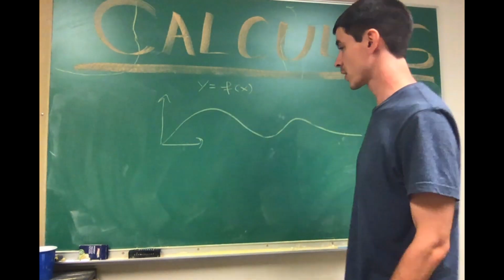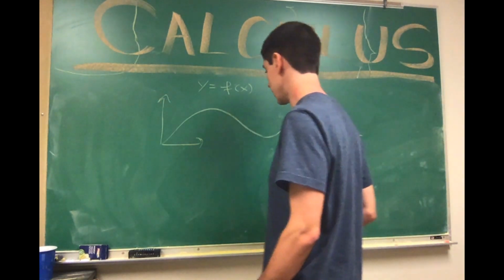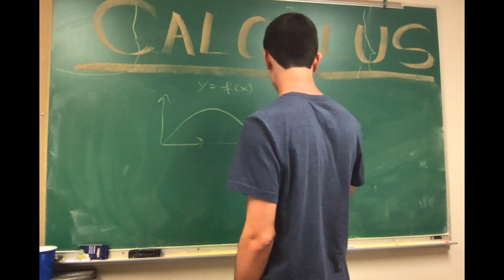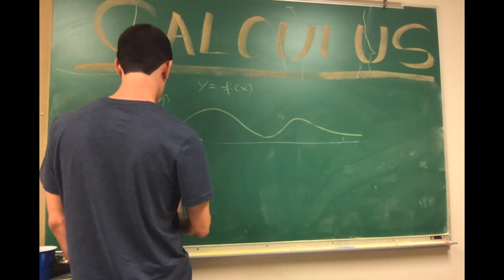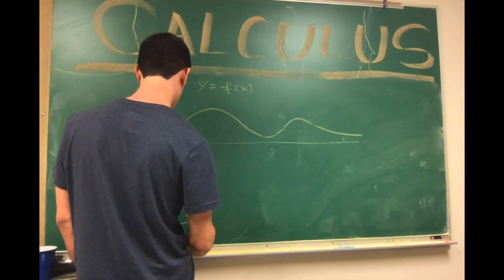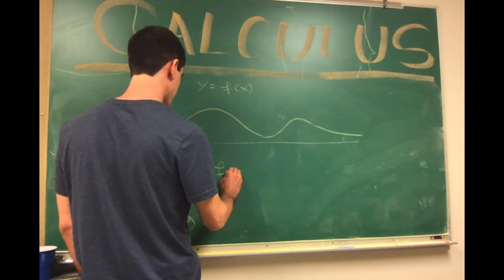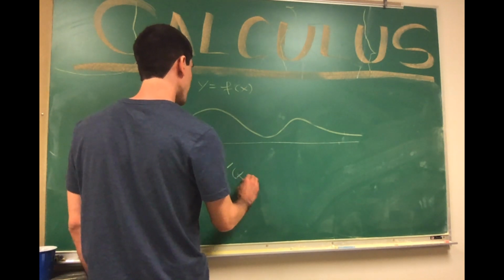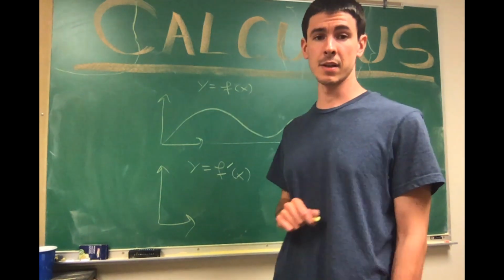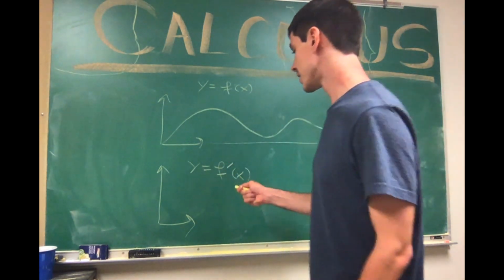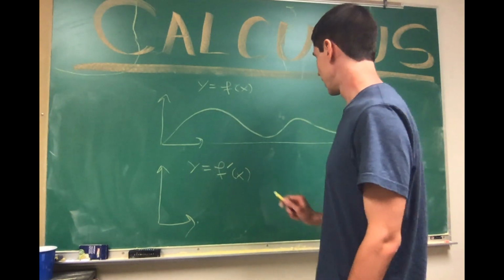Now, this function is increasing exactly where the derivative is positive, and it's decreasing exactly where the derivative is negative. And so I'm saying this because now we're going to try and graph y equals f prime of x, something that plausibly could be y equals f prime of x. And in order to do this, it's going to have to be positive where this is positive,